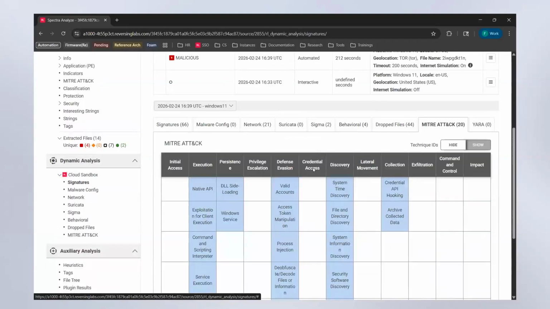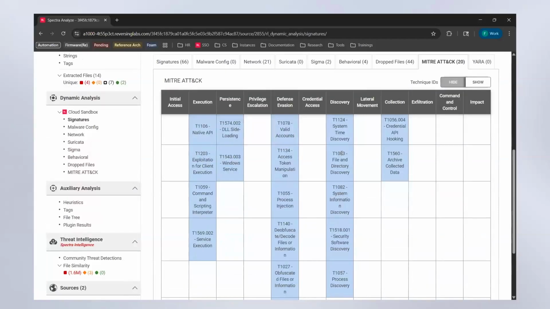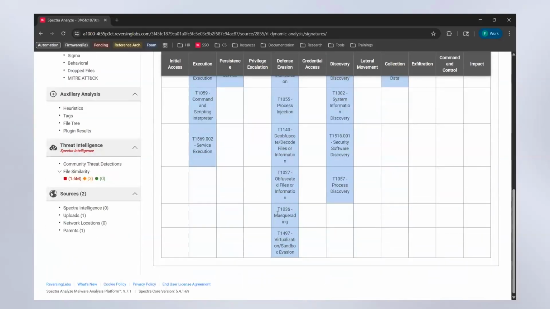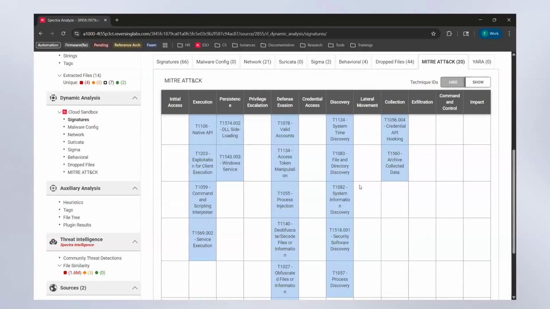And then furthermore, the MITRE ATT&CK, how this plays into what the adversary is intending to do. So we see there's system time discovery, file discovery, system information discovery. This is a lot of host-based discovery that you would normally see from ransomware, but there's also masquerading associated. So now I need to be careful of the file type. Is it pretending to be something that it isn't, and how is that affecting me? And then the fact that it's doing collection to some degree is also limiting. So if you have shadow copies, you may want to activate them if they aren't already active in your environment, things like that.